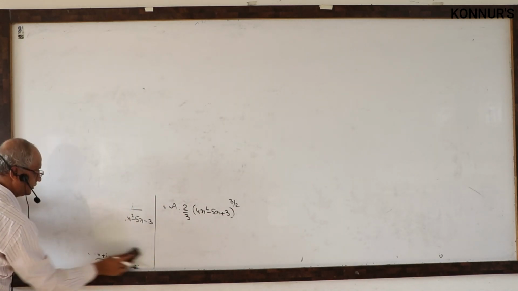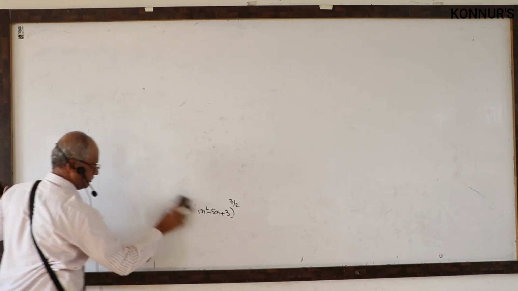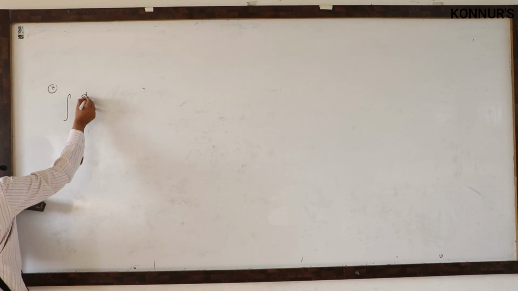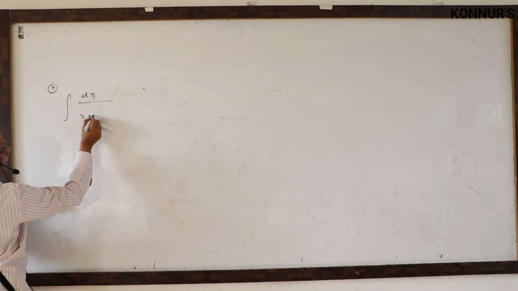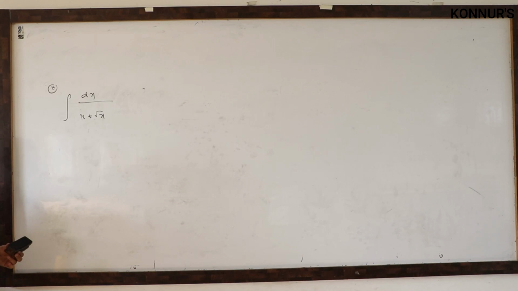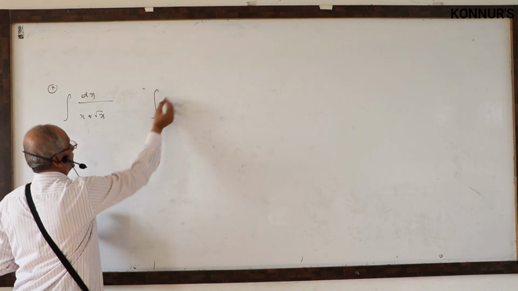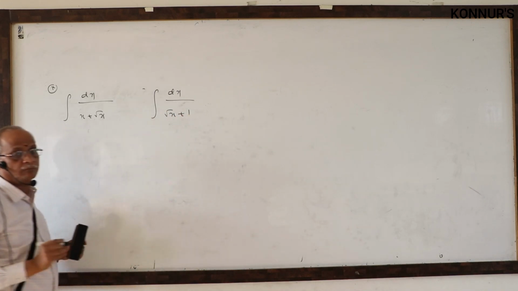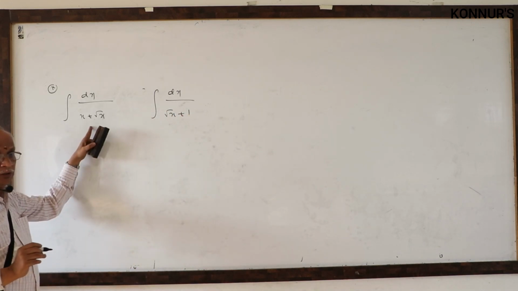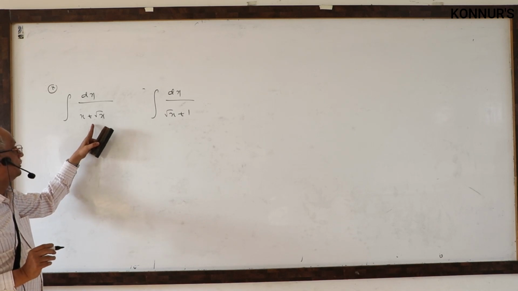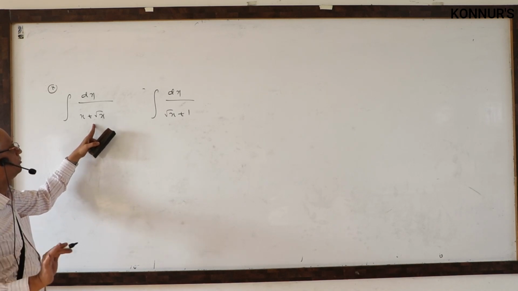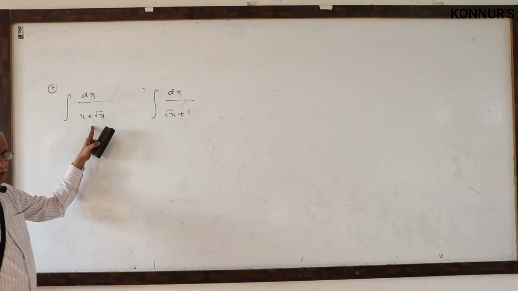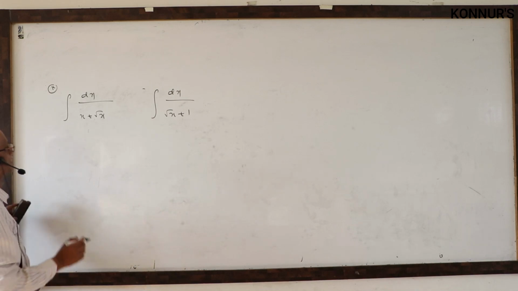Then, next, integration of some terms in the denominator with rational, irrational. Suppose root x, that problem is possible. Write down the variety like this: dx by x plus root x, or dx by root x plus 1. Exclusively this variety of problem also. A separate problem is possible in this. This problem is there in the assignment anyway. We are doing that problem only.